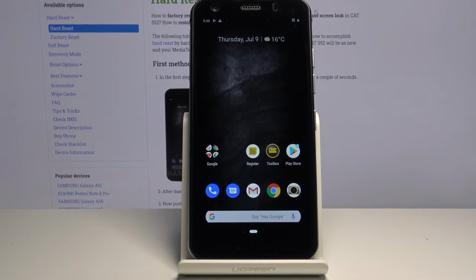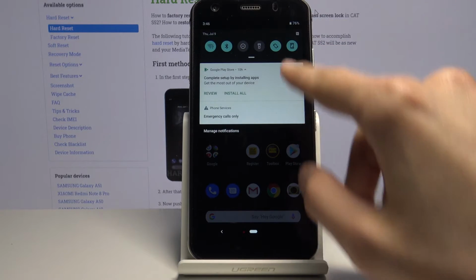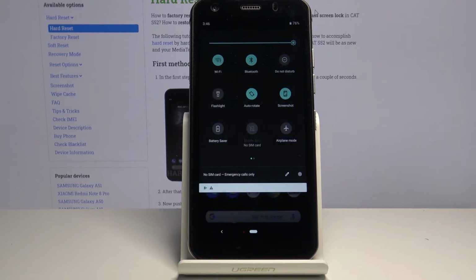Welcome, in front of me is a CAT S52 and today I will show you how to reset the device through settings. So getting started, we will need to open up Settings app, and for some reason I just captured